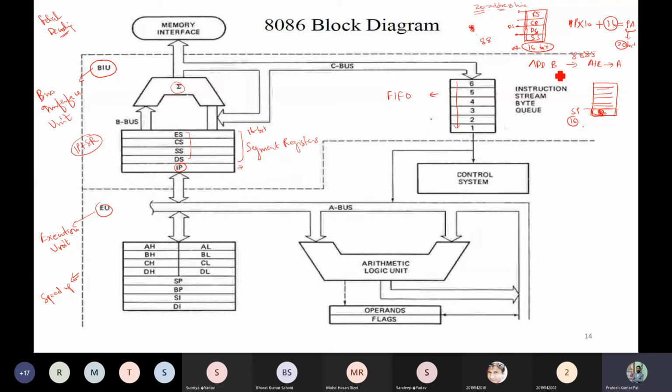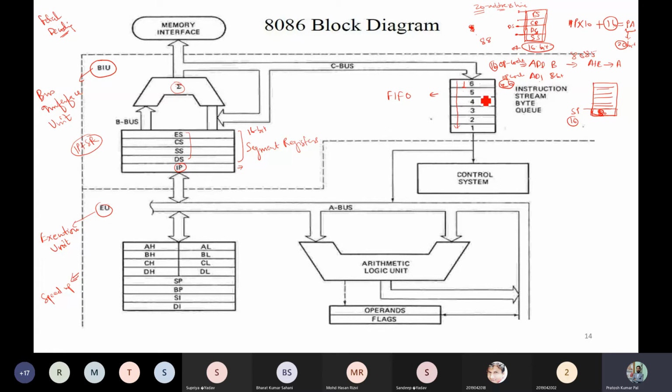So for ADD B, there is an opcode. Similarly, if there is ADI, that is ADI with immediate data, say 60, 8-bit data is there. So it will be an opcode and this will be a 1-byte instruction, and this is a 2-byte instruction. If this instruction is to be performed, 1 byte of this will be stored here. The next instruction is this, and it is of 2 bytes, so this one will be shifted here. Then the first byte of ADI will be stored here.